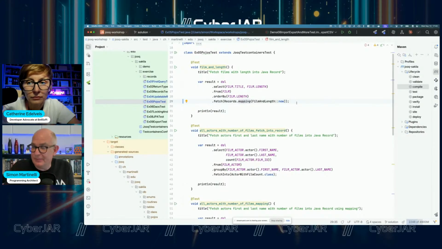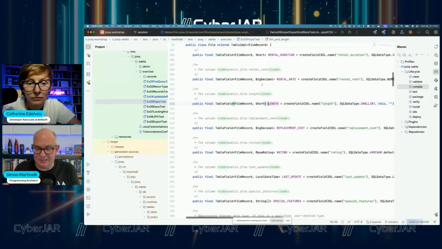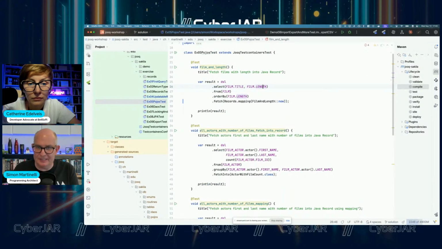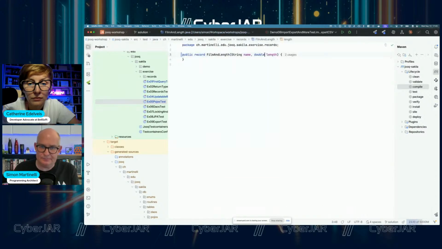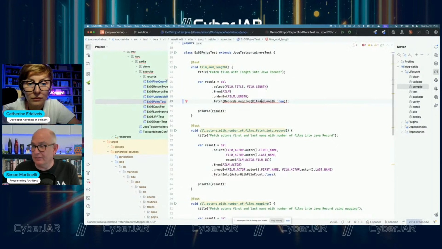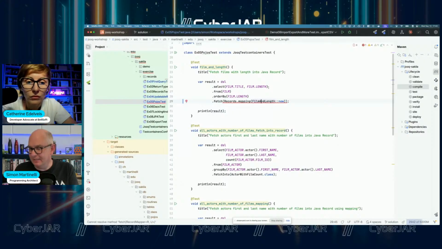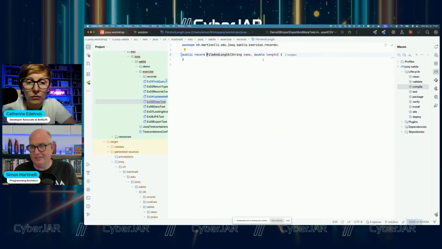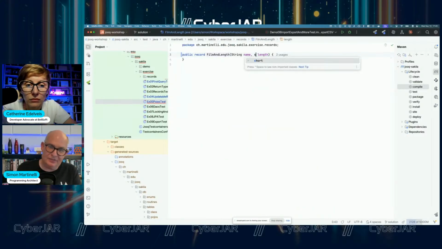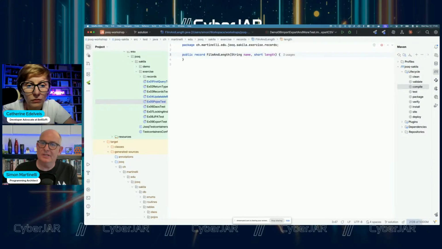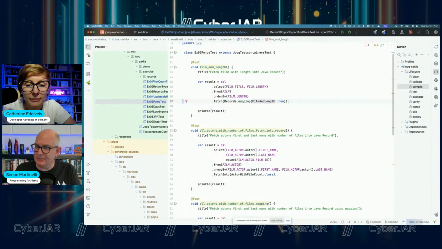And now this will be type safe, because if I go ahead and do the same that I did before, so change the film length and say, okay, this is a double, and go back, now this no longer compiles, because it realizes that it can't call the constructor of FilmLength with a string and a short, because here we have a double, right? So this is what I meant in the beginning about type safe results. So you have type safe queries.